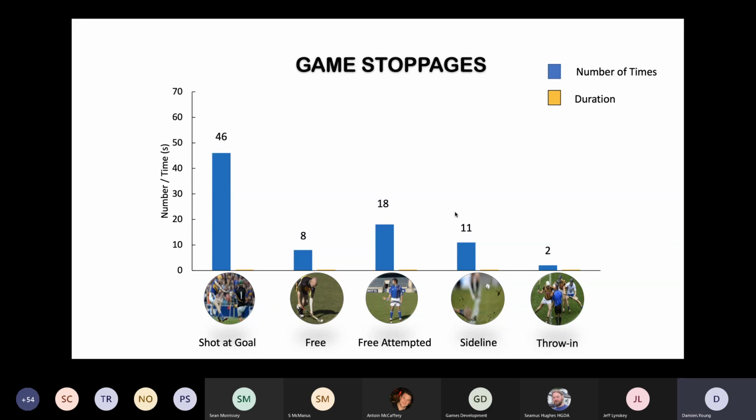this is how the game stops, right? So from a coach's point of view, the implication for us is to think about how the game restarts, right? So if the game is stopping and starting on average 46 times with a shot at goal, well, there's going to be on average 46 puckouts. And this is the emphasis lately on